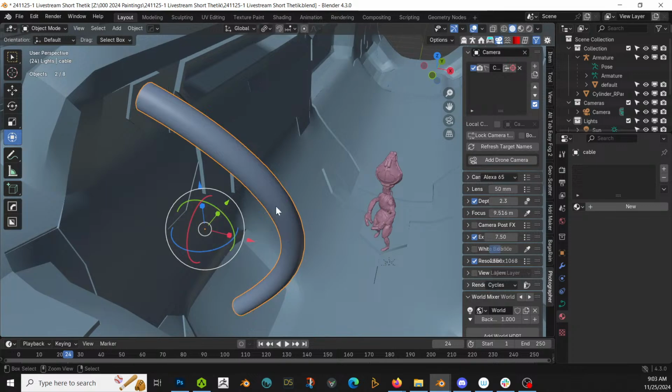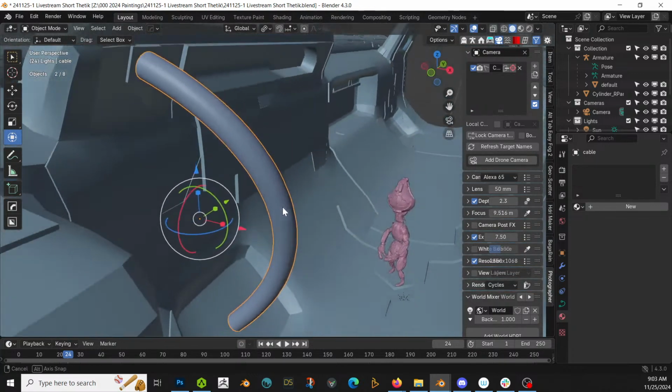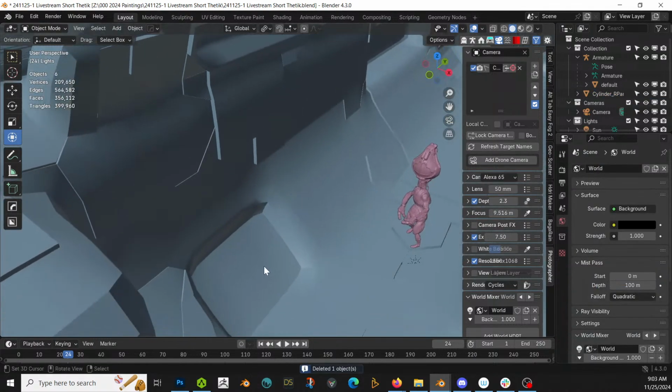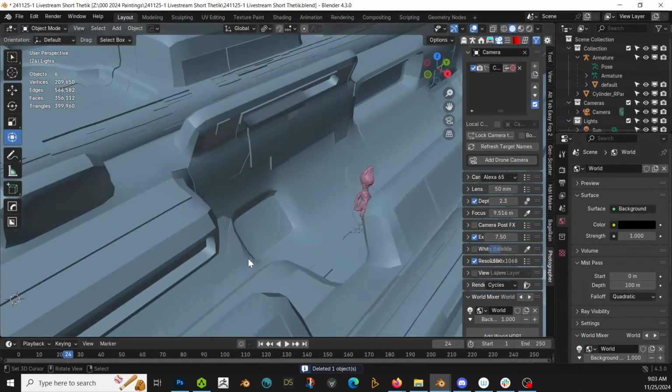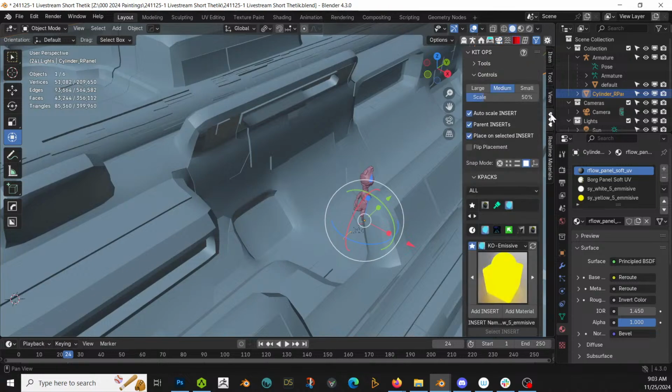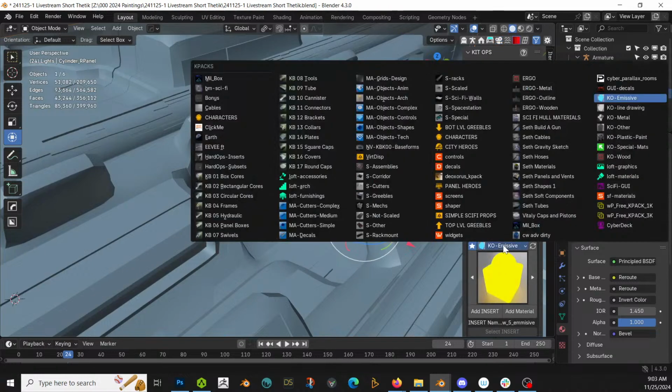All right, it's fine. Actually, we'll do it the other way. I do want to have a cap though, I think this time. So I'll just come over here and